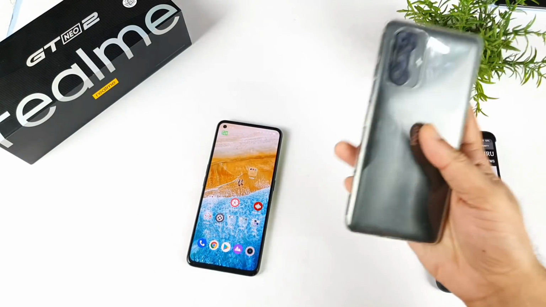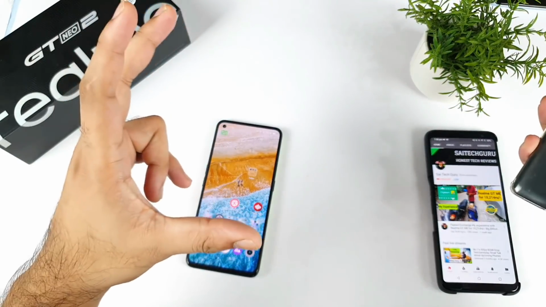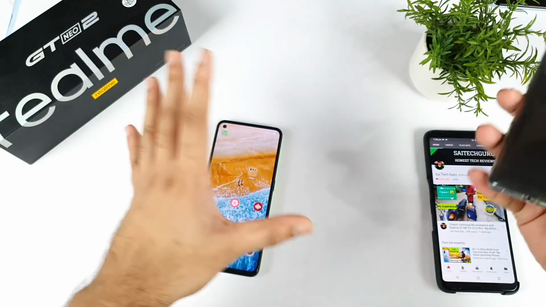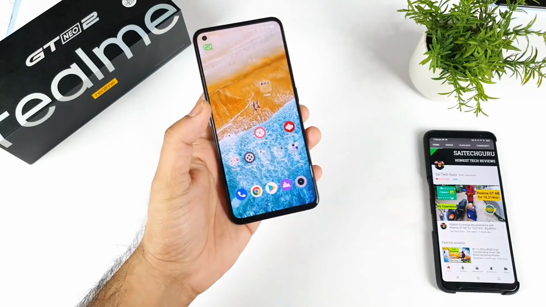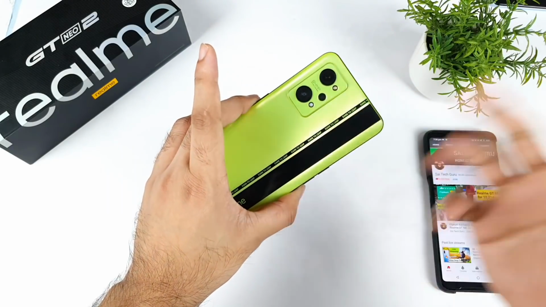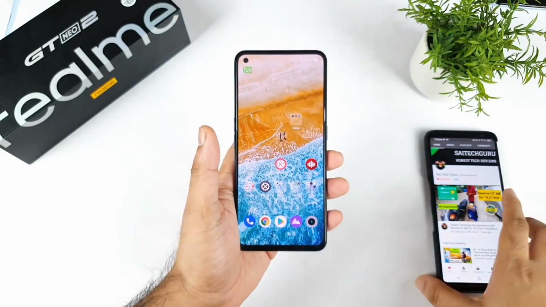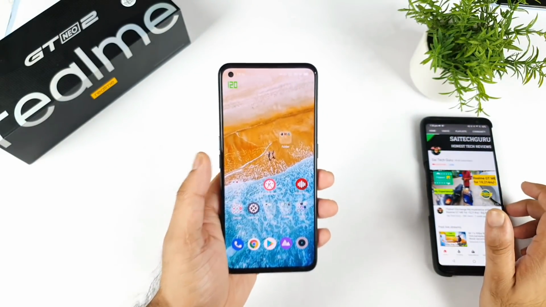They should have gone with something similar to the previous Realme X7 Pro. Writing Dare to Leap so big is so disgusting. I cannot say more than that, but I'm really against this kind of writing on the backside multiple times. They should have done it only one time.